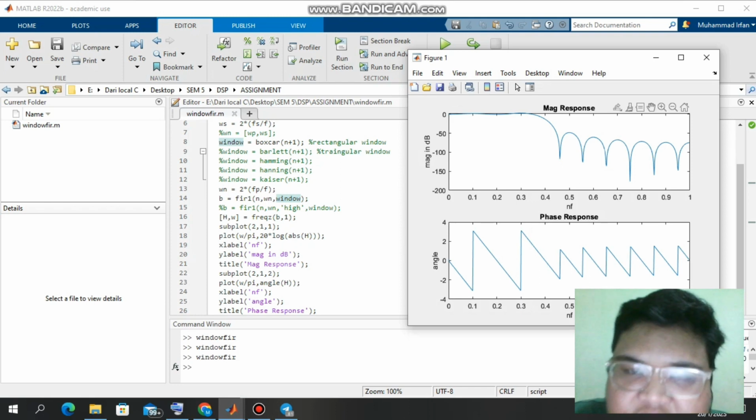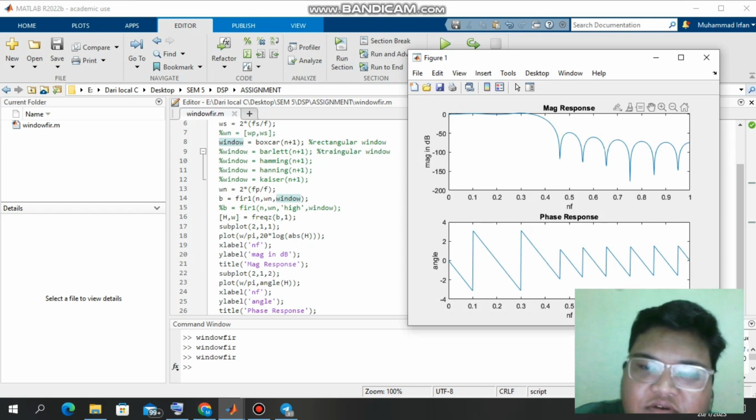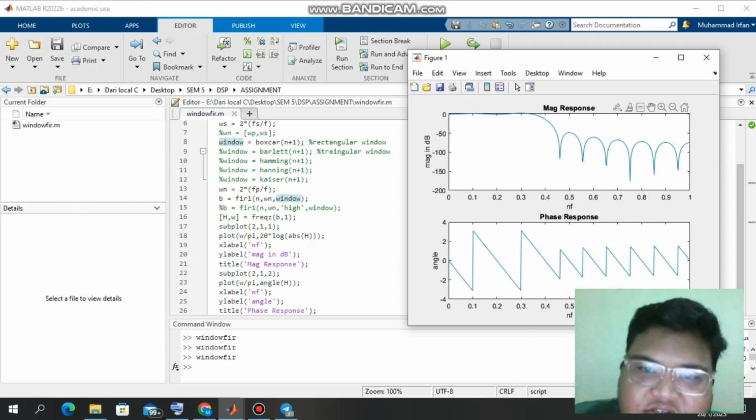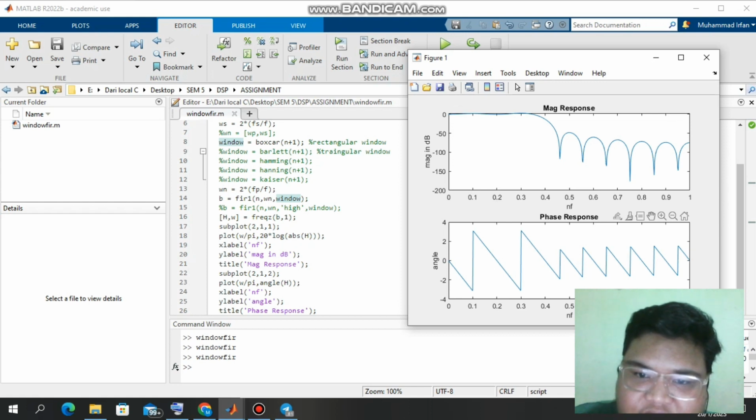So this is the output or result for the low pass. This value starts with 0 because this is an FIR filter that has zeros, so it does not have a pulse. Same here, this is the magnitude response, this is the phase response. So next I will show